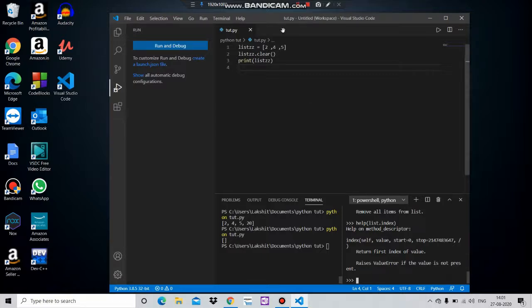What is an index? It is the address of the object. It starts from 0. Let's say this is index 0, this is index 1, and this is index 5. Let's say you want to check the index of object 2. If you want to check the index of this, simply type this and